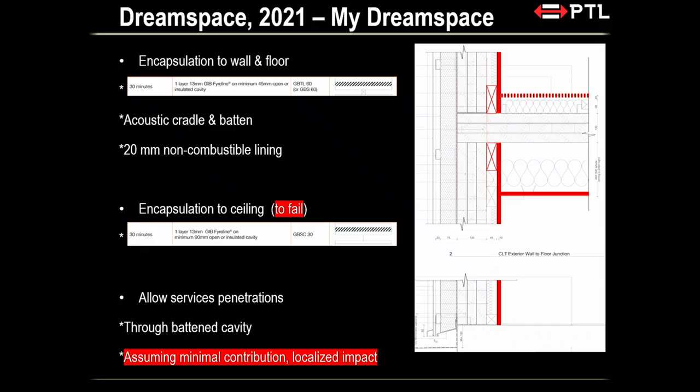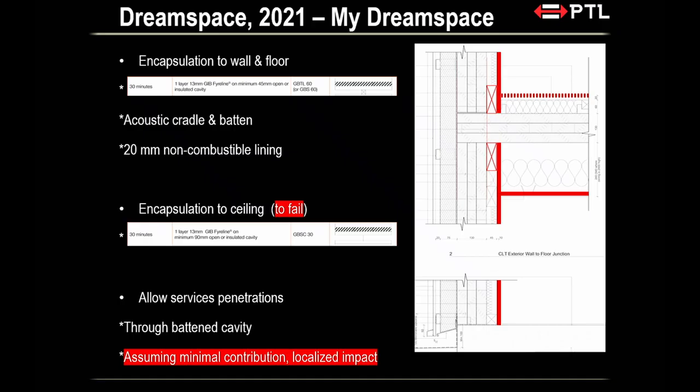But back then, because we didn't have much guidance, the reason we worry about the ceiling is because we have a lot of penetrations. So we think that our ceiling could potentially fall prematurely, because we're not planning to stop all these light fittings, etc. and whatnot. So eventually the fire will creep into the cavity, burn all the battens or Rondo fixing off, and then before you know it, the whole encapsulation is on the floor, right? So this is our assumption, which is why we say, look, we assume the ceiling fell.